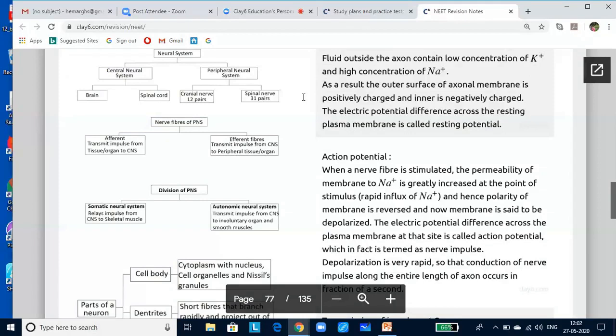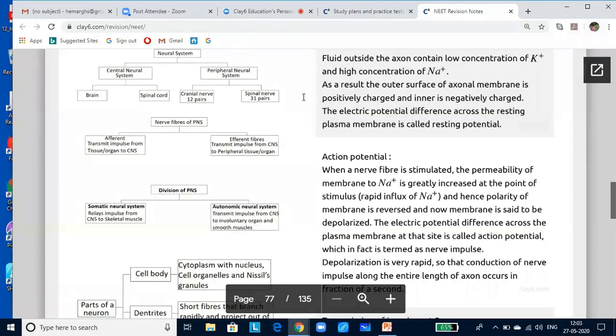So I'm giving this data because in one or two exams they have asked the number of spinal nerves. Though it is from outside the textbook, I don't know why it was asked. Since it was asked, I'm giving you this data. The first 10 pairs are common for frog and rabbit.